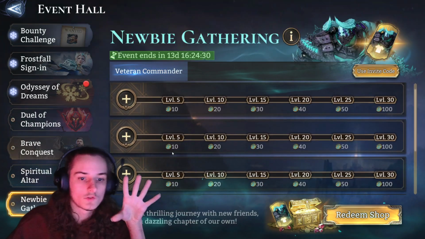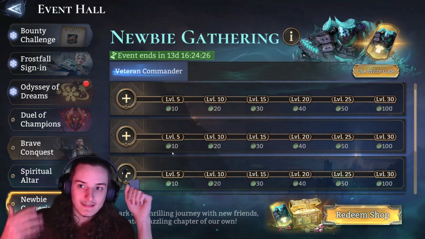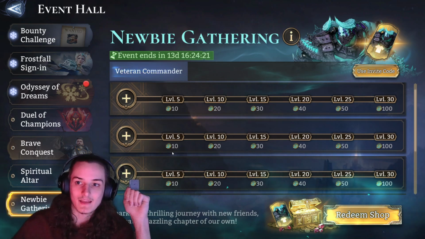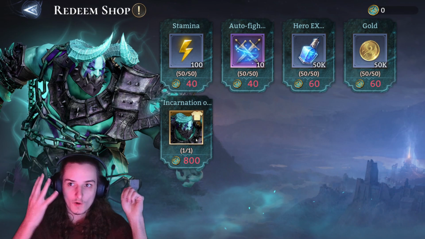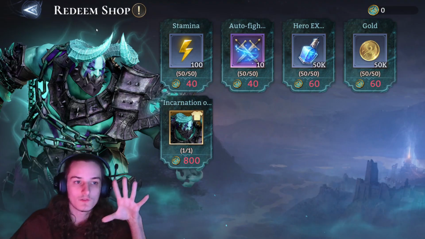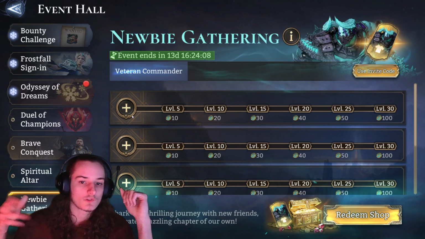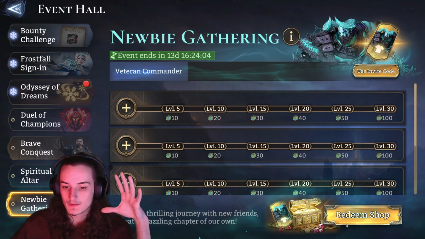Newbie Gathering. So what I'm going to do in like 2 or 3 days, I'm going to test for myself how long it takes making alts trying to get this A-bomb skin over here, because what you need to do is pretty much get 4 different alts to level 30, and then you can buy yourself the Incarnation of Death Abomination skin. So if you're interested in that skin, if you don't mind making alts and spending some time